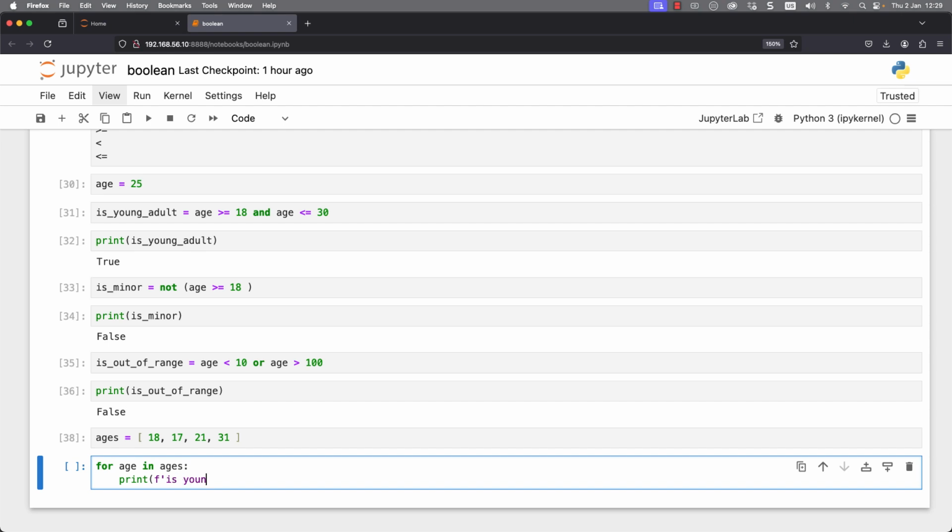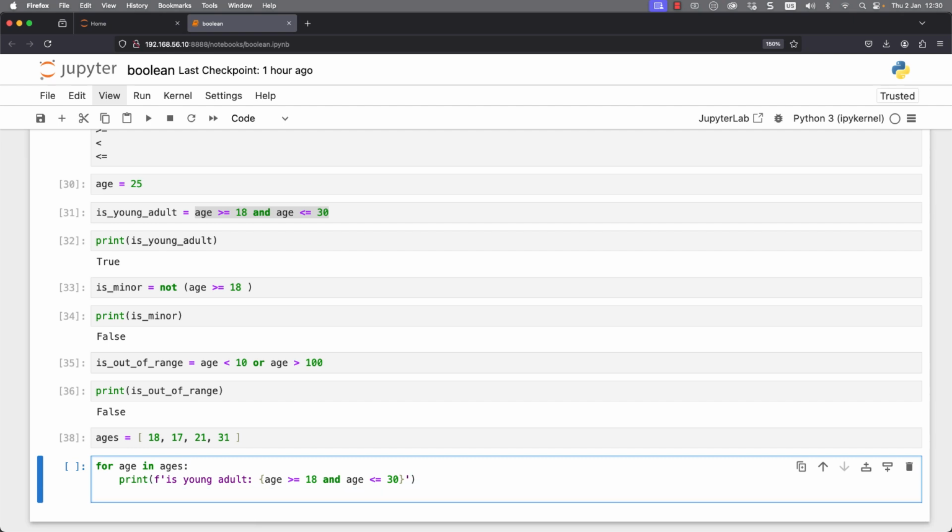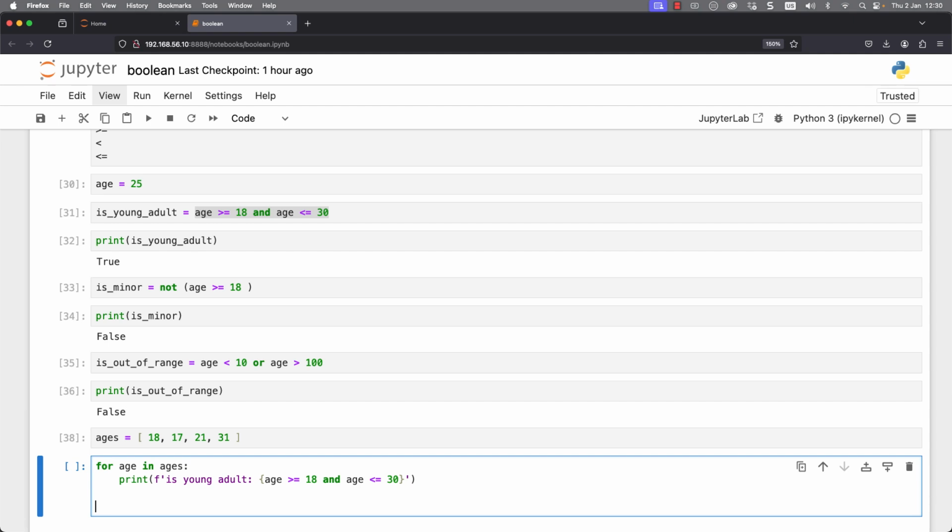code together. Is young adult, colon. So this is my text or string that I want to print, but then I need to put my brace brackets to allow me to print code. And I'm just going to grab the code that we used before, paste that back in, close off my brace brackets to say that the code has finished, closing off the F string, closing off the parentheses, hitting return twice so I'm returned to the correct indent level,